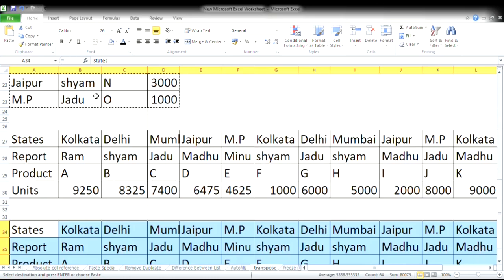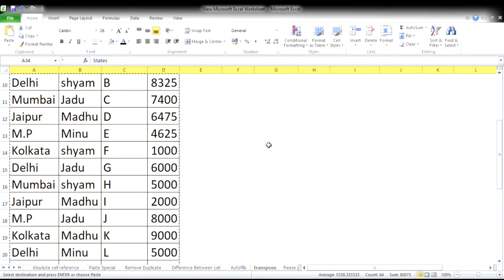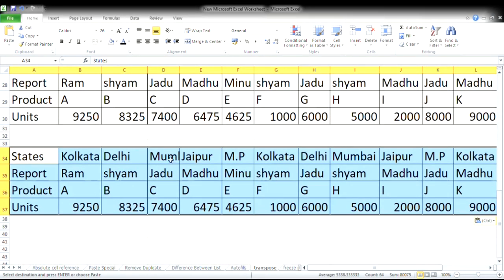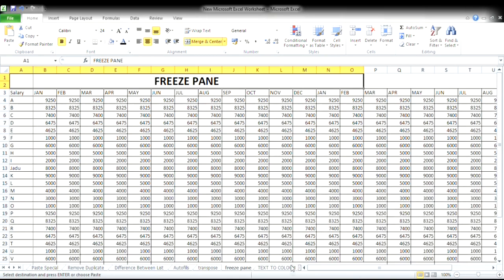All the data in columns is transferred into rows, just by switching the data from columns to rows with the help of the transpose function.